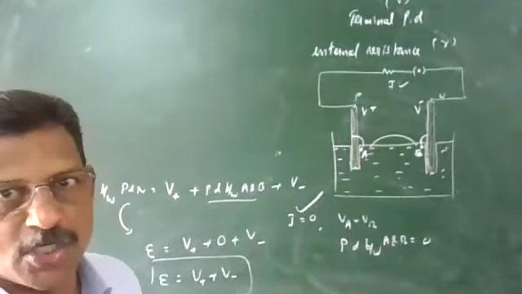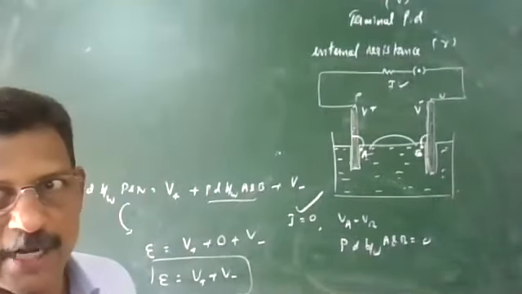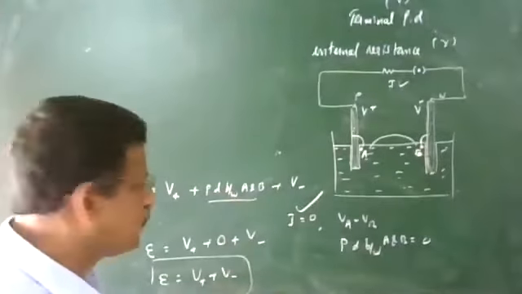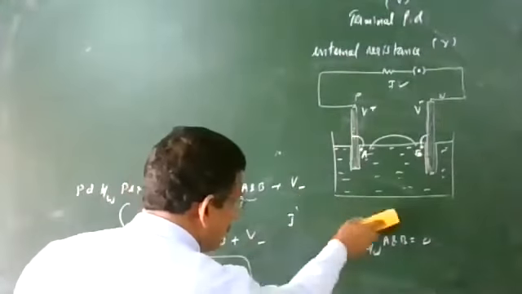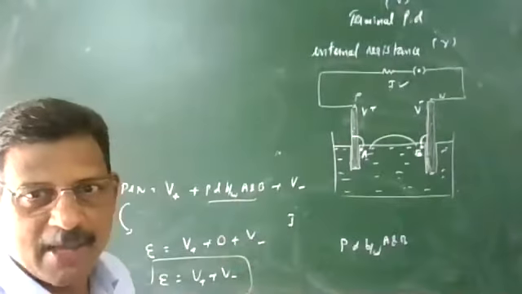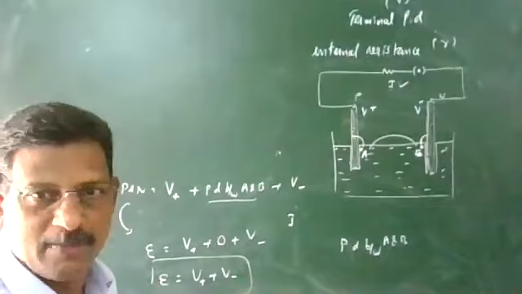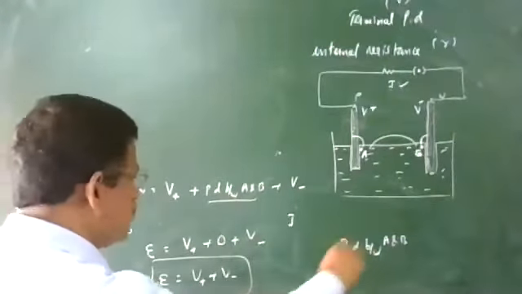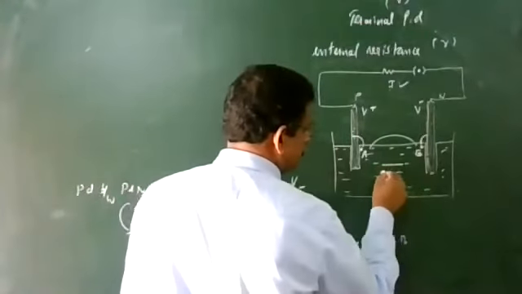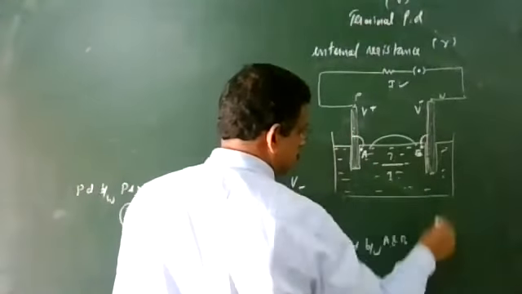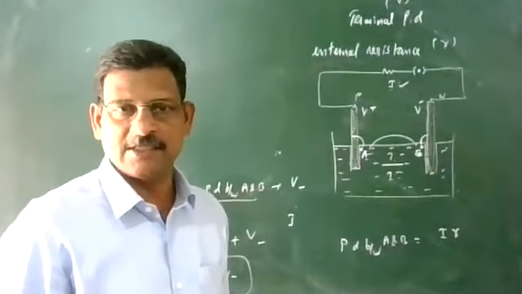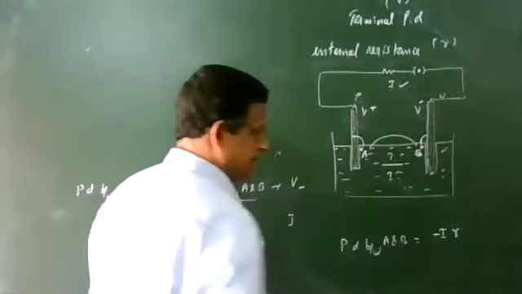So next is terminal potential difference. Terminal potential difference is when a current is flowing. What is the PD across the terminals of the cell? We call it the terminal potential difference. When a current is flowing, the potential difference between A and B is not equal to zero. There will be a potential difference, and internal resistance will be there. So in that equation, a current I will be flowing through this. So the PD will be equal to I R, where R is the internal resistance. And it is opposite to the outside current, so we put a minus sign.